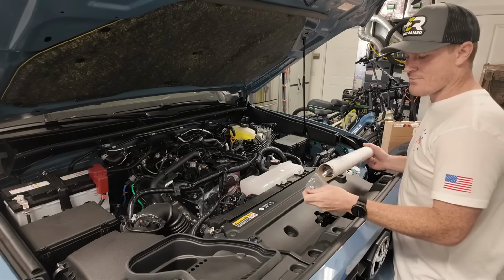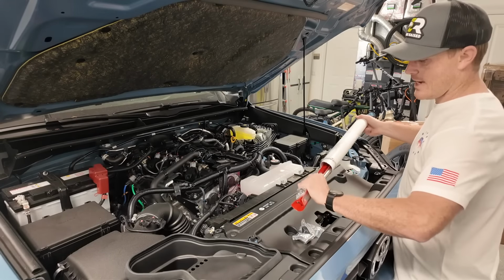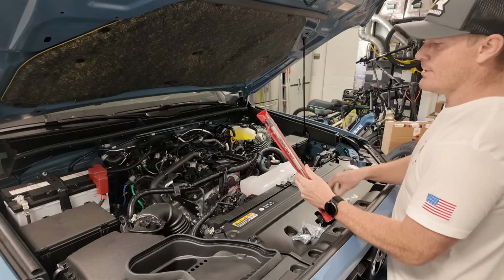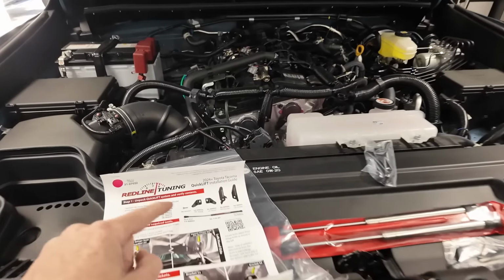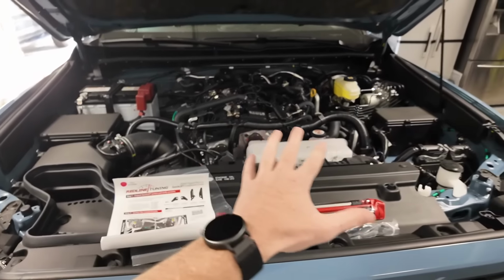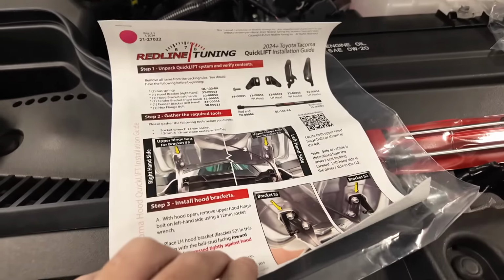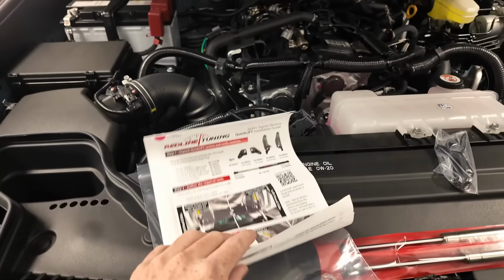So we'll do the hood props first. This comes in a nice kind of like little tube from Cali Rays and also Redline Tuning. Throw that over there, and you can see our nice hood props that we now get. These hood props are technically for the new 4th Gen Tacoma, but when I looked in the engine bay of my 4th Gen that I have, it looks identical to the 4Runner. So we're just gonna go ahead and follow these nice, simple, colored instructions